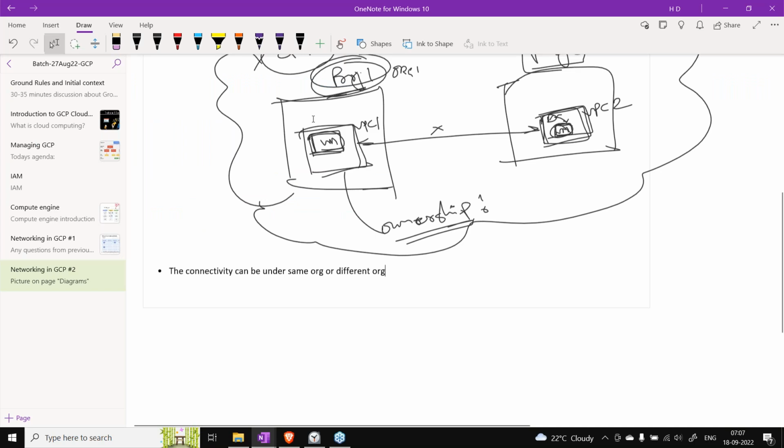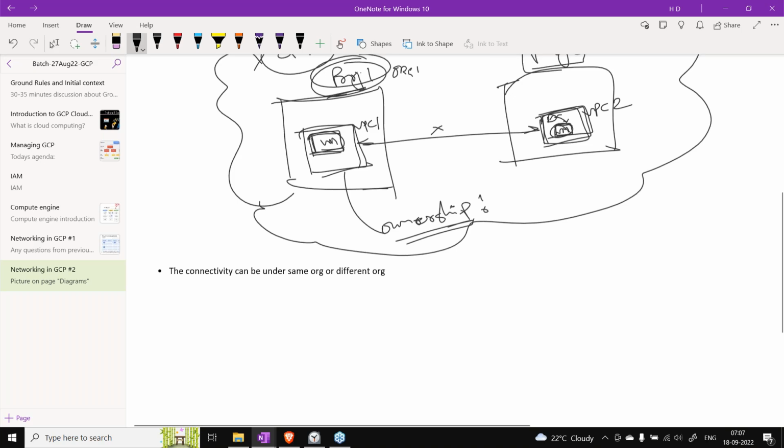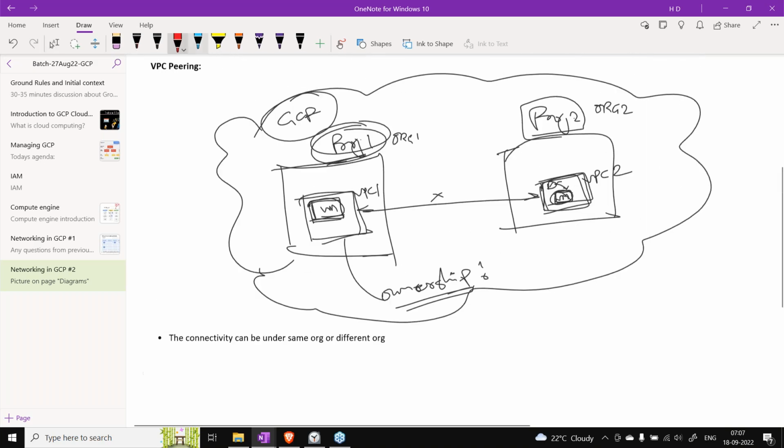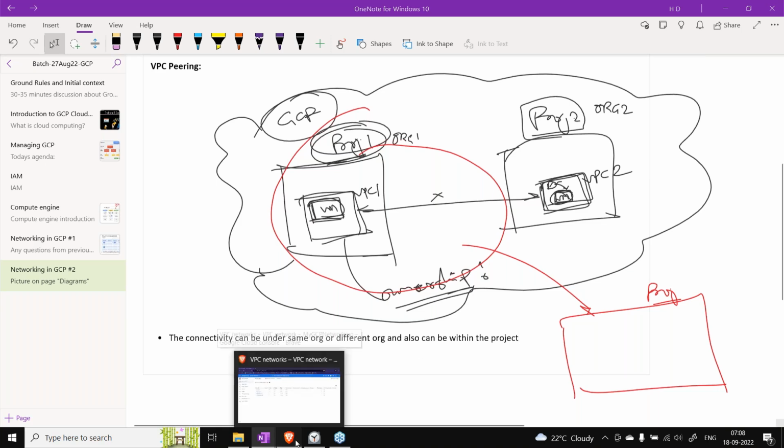Basically, yesterday, for demo purposes, this is our project, let's say. So let's play around in the same project also. VPC peering connectivity can be within the same project, where we have multiple VPCs, and we can make them connect to each other.